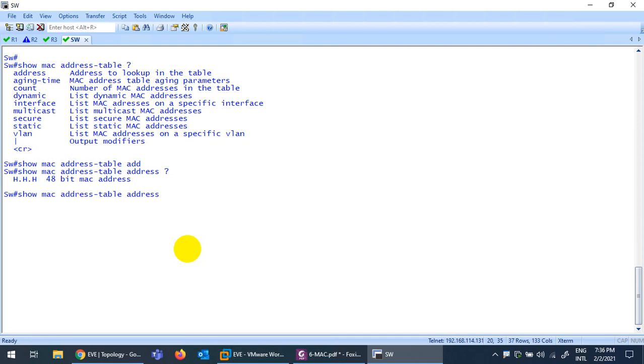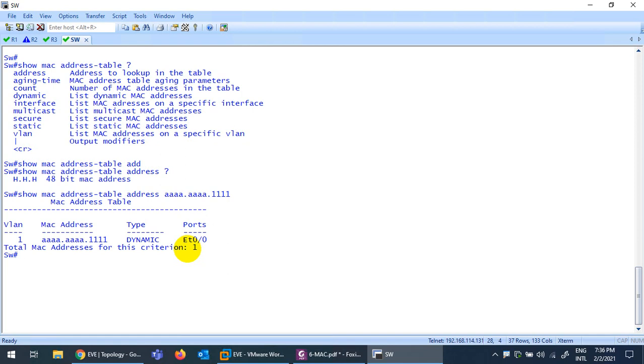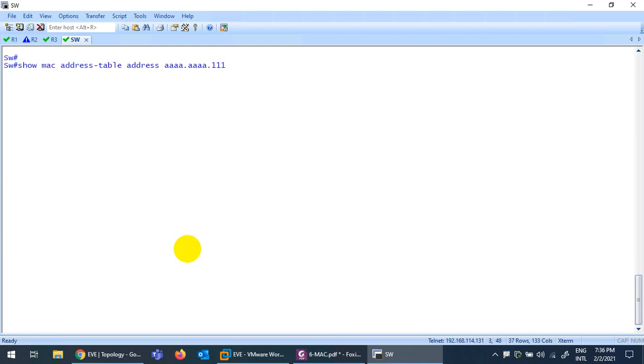I say 12341234111. It will show you only that one, because in an enterprise network there are many PCs, printers and other things connected, and there is a huge table with many details. So if you need a specific MAC address detail, you can type address and the MAC address, and it will show you that specific entry. Okay, it's clear.